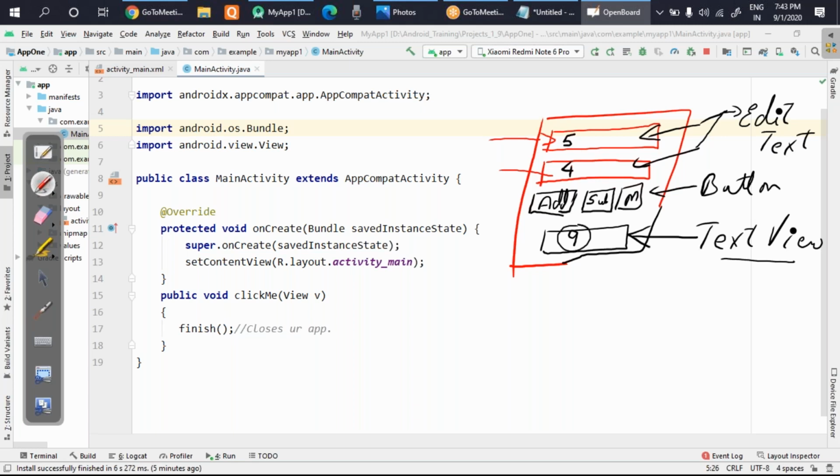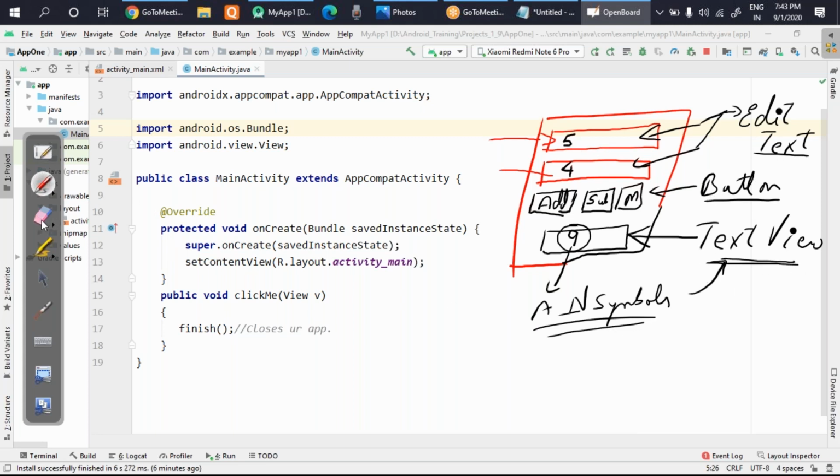Because here you can show any kind of text, and text means ABCD or numbers or symbols. Yes or no? The things which you write, that is the reason it is called text view. And why is it called view? Because you are showing it here. Okay. So we will use these three components and we will do this project. I request everyone to write these three component names: edit text, button, and text view.